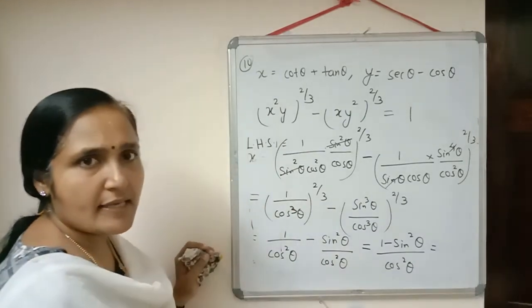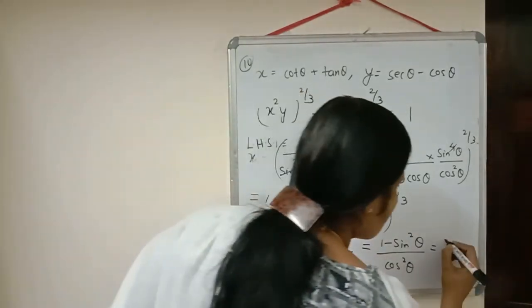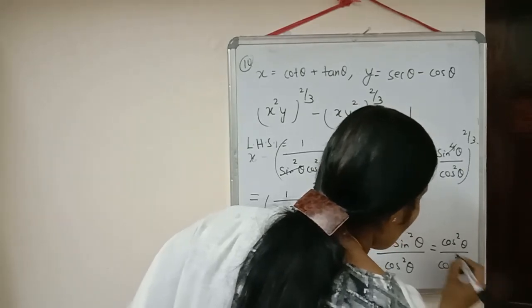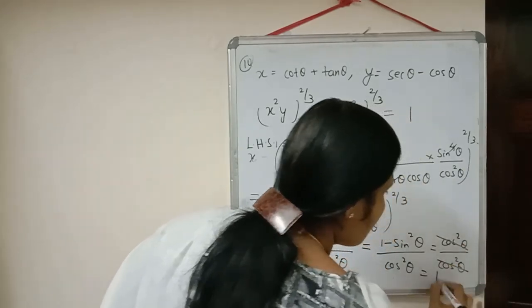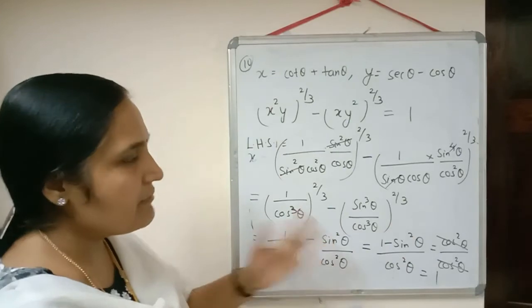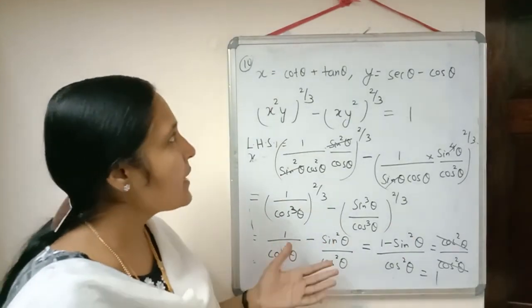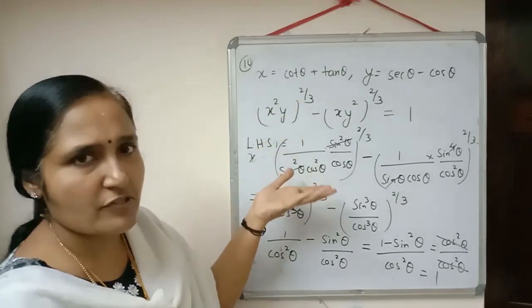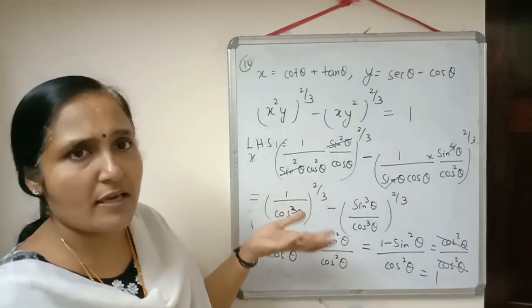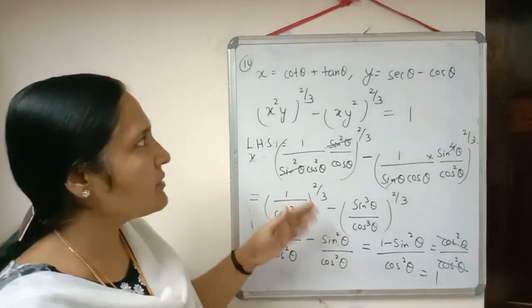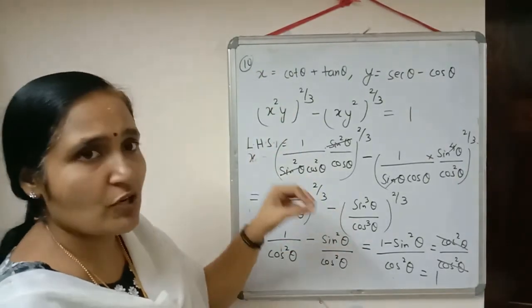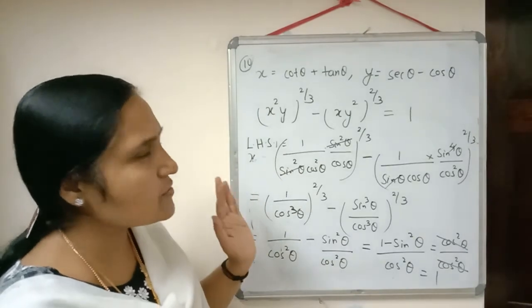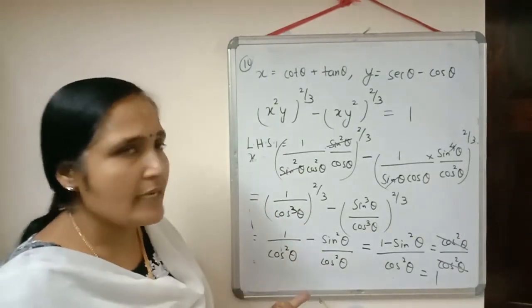What is 1 minus sin square theta? Yes, that is equal to cos square theta. So we are getting cos square theta by cos square theta, both will get cancelled and we will get the value equal to 1. Usually students get confused when they see this type of question. You don't have to worry about that. Just simplify the terms, use whatever identities you know and substitute the values. It will be easy for you.